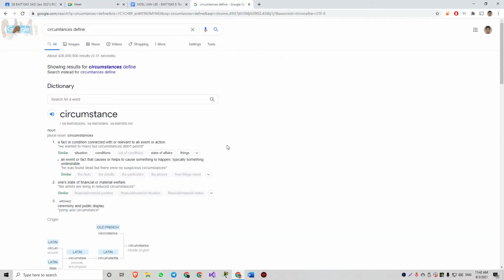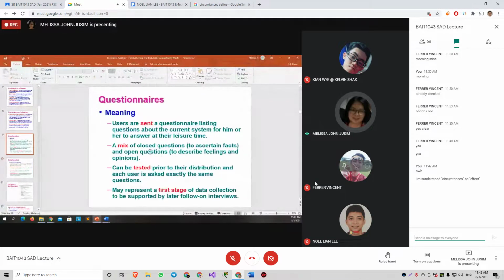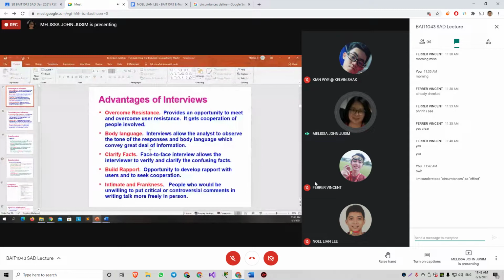Okay, three ways how the interviewing technique is better than questionnaires for gathering facts. Three ways. So you can mention this.